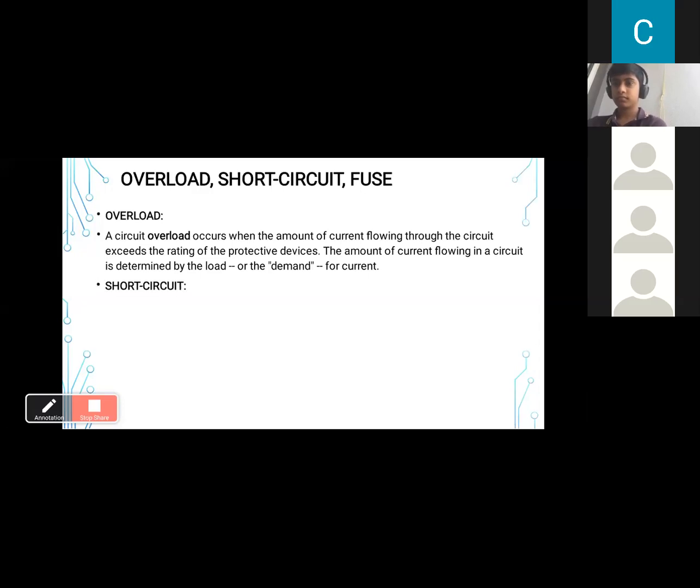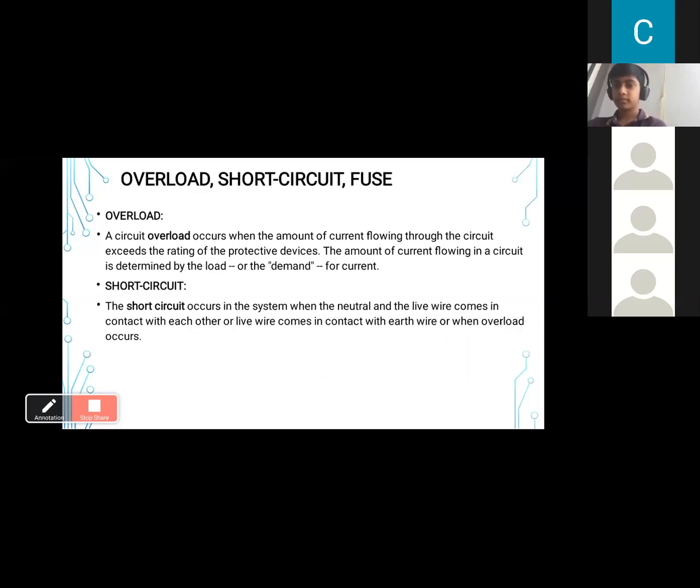And why does overload happen? Because there is some rating for the circuit, a maximum current a circuit can draw, or a maximum current a wire can draw. So why does it go over that? For a single socket, you apply many heavy devices together and switch them on. So they will draw more current, and a single line will draw more current, but that wire is not designed for it. So at the same time, you're switching on very heavy devices from the same line.